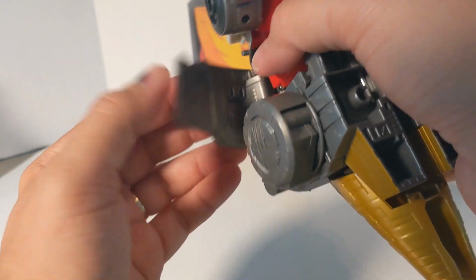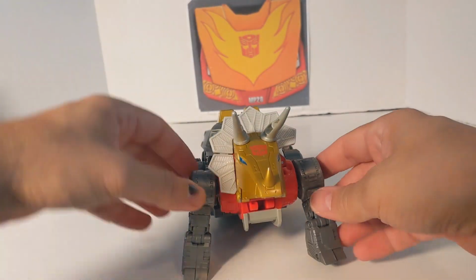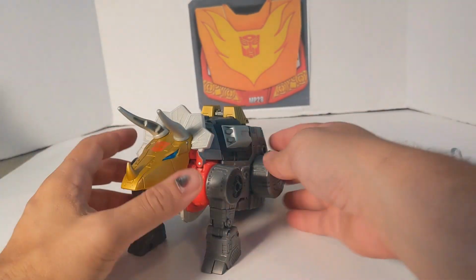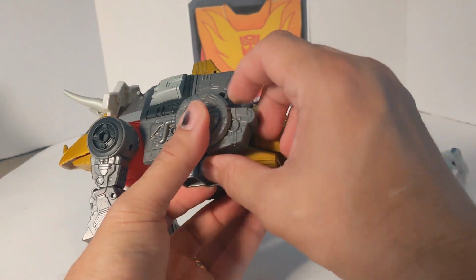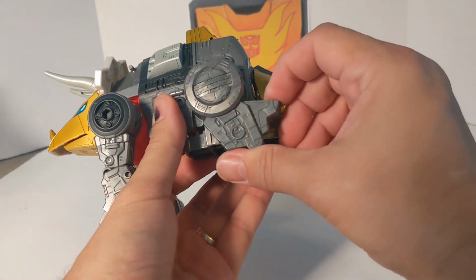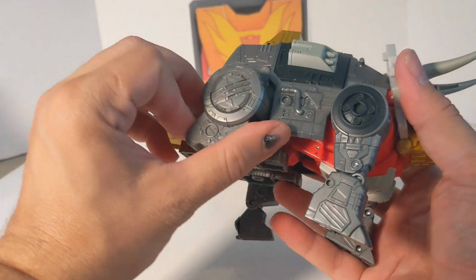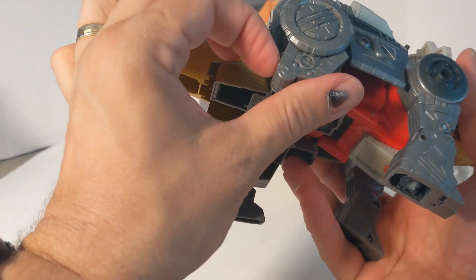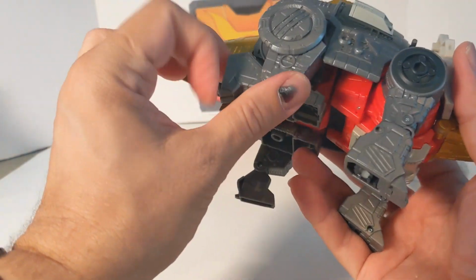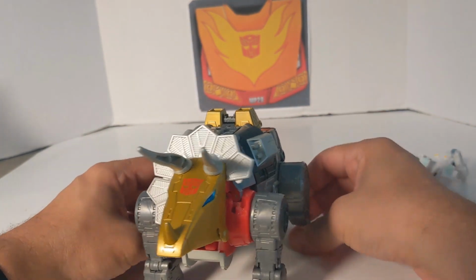Again, there's the tab, there's a slot. And we're still not done. Then last, we take the legs over here. We pull the legs out, and then we pull the feet out. So it hides everything pretty good. It hides that out, and then it hides this out. And then you could